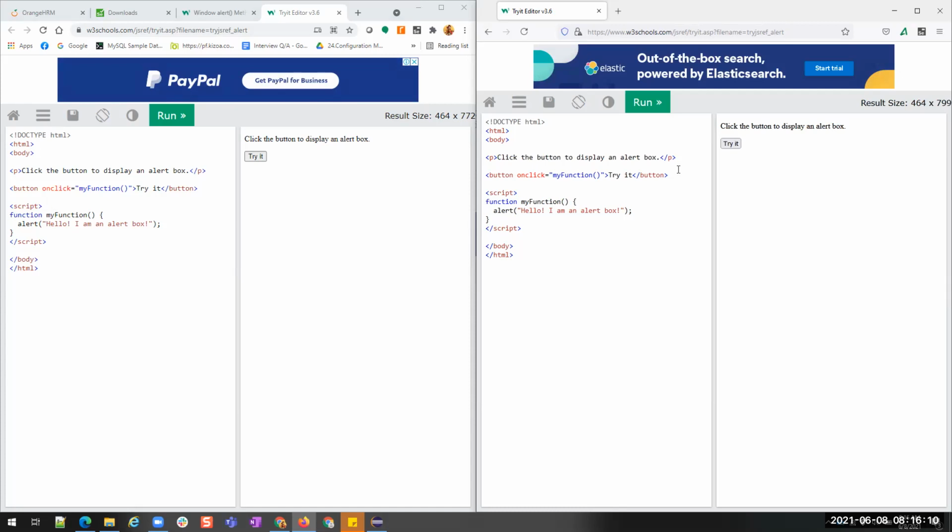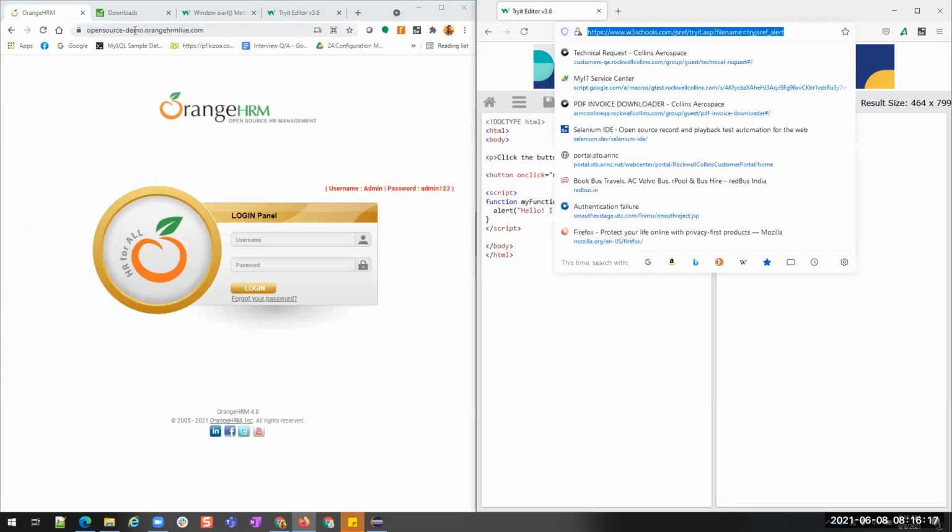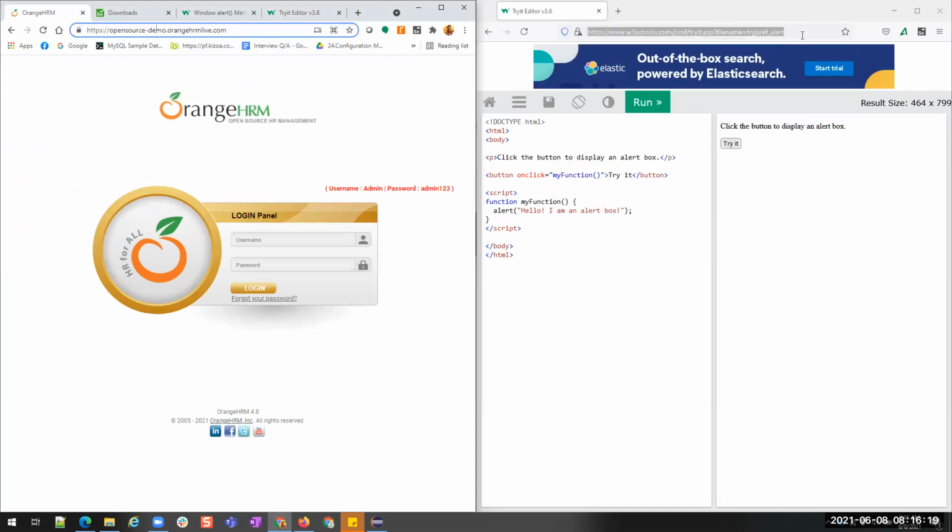Right? So we are opening the same pages. If you are opening Orange HRM in Chrome, we will also open in Firefox. If you are opening Facebook in Chrome, we can also open Facebook in Firefox. But why are we using only Chrome? I mean, why is the major part of the world using Chrome or Safari? Because of its user friendliness and the speed, or because of its features that we have.